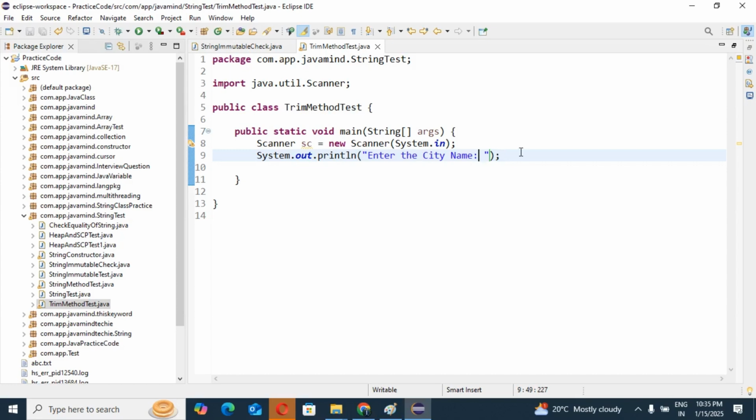After that, this city name we are going to hold in some variable. We want to hold this city name in some variable.